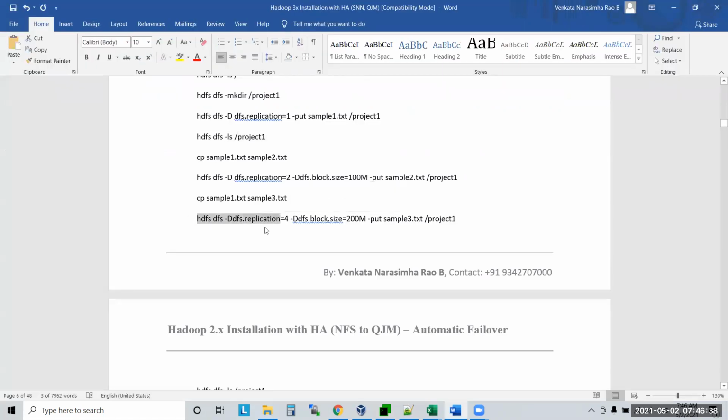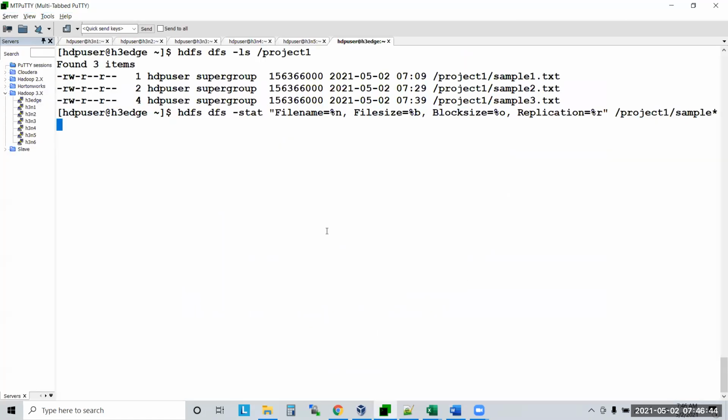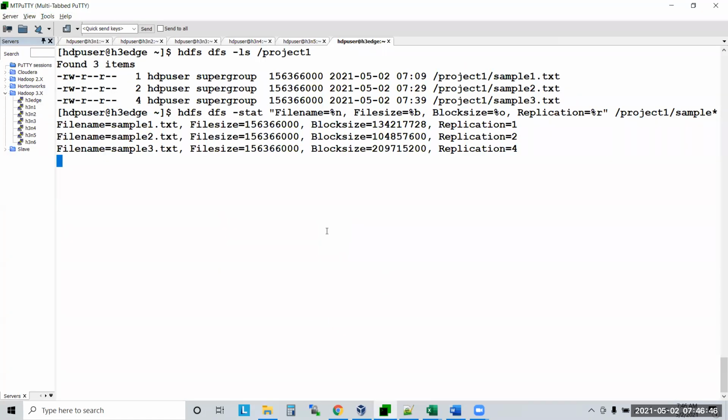If you want to understand the information like this, you can get stat information, the file status. File name sample1.txt, file size 150 MB. What is block size? Block size 128 MB.